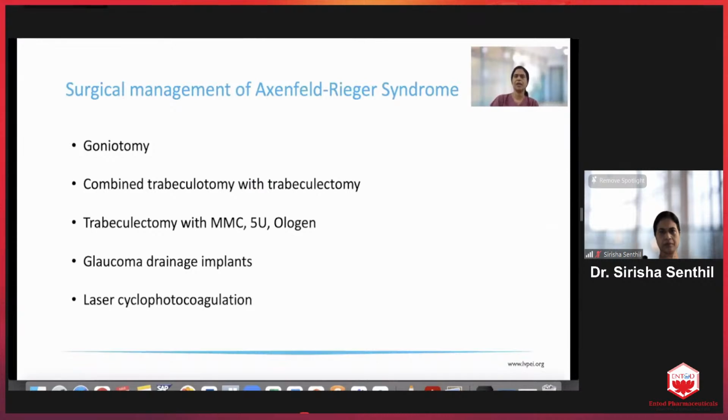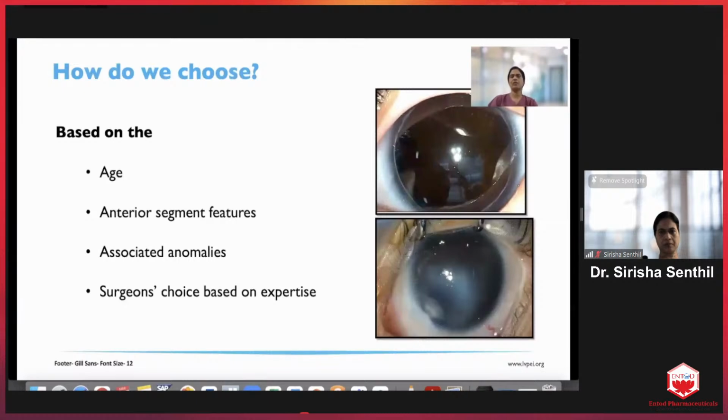Surgical management includes several of these procedures. We will just go through a few of them to understand how to choose the procedure and which procedure works best in these children. I think one has to take into account the age of presentation of the disease, the anterior segment features, how severe the iridocorneal adhesions are, presence or absence of corneal edema, corneal scarring, keratoconus. All of these features have to be taken into account before one decides on an appropriate procedure, and surgeon's expertise